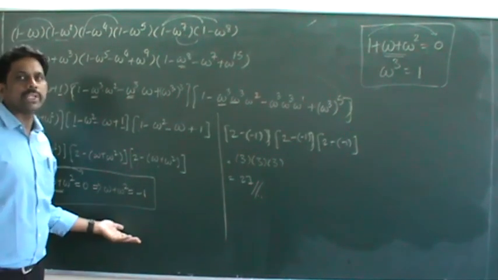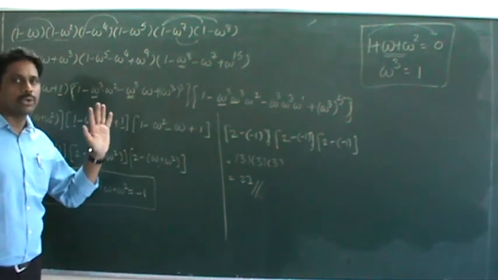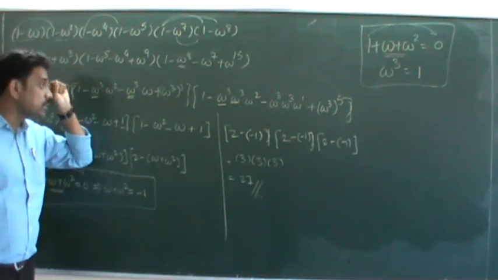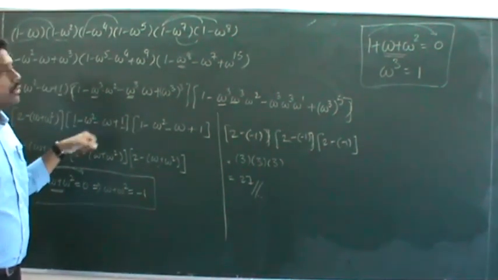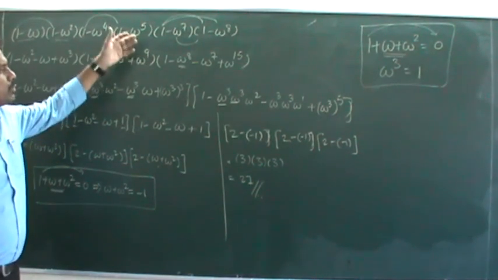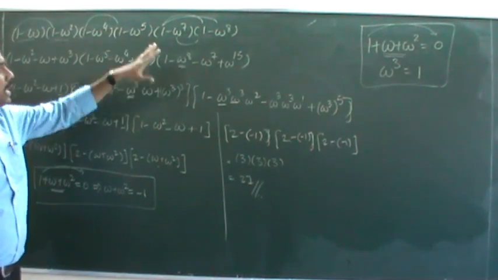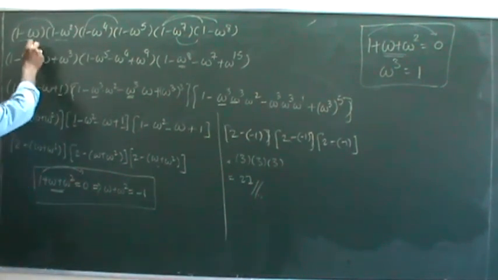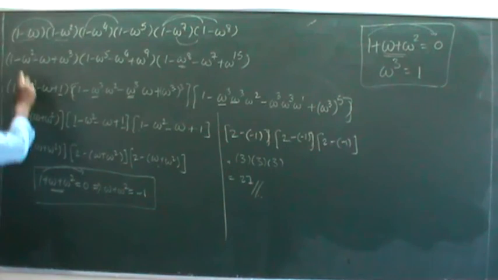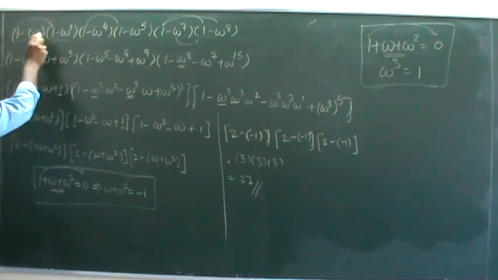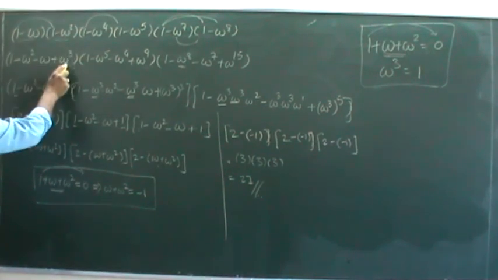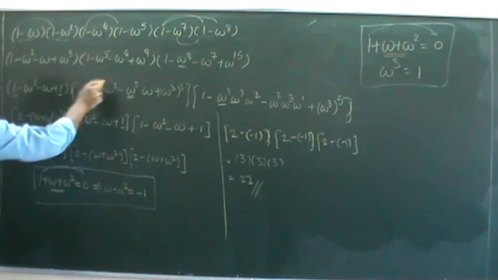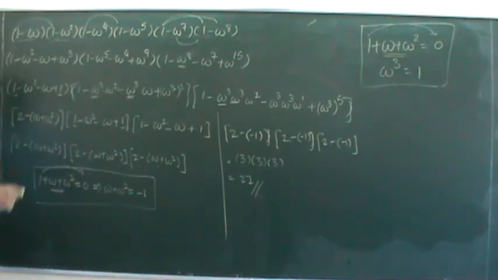Children, one more time I am saying, if you have not understood, don't take tension. From the 15th onwards, the offline classes are starting. When you come to the college, settle down one more time and ask me, I will clarify all the doubts. So one more time I am going to explain. Here two terms I am multiplying. 1 into 1 is 1, 1 into omega square is omega square, minus omega, minus. Like this, these two terms I am doing.